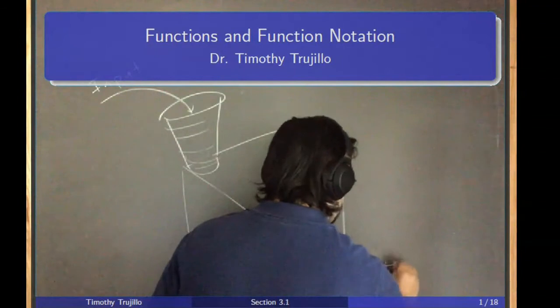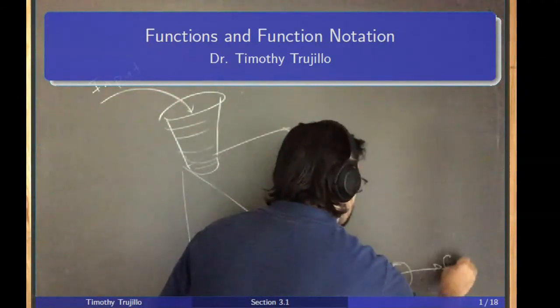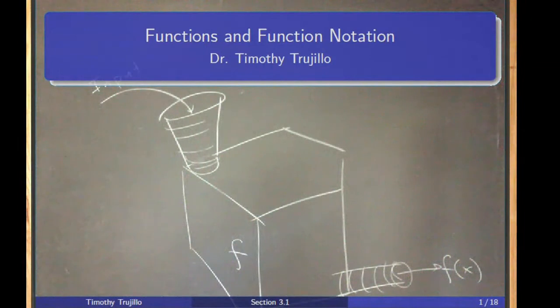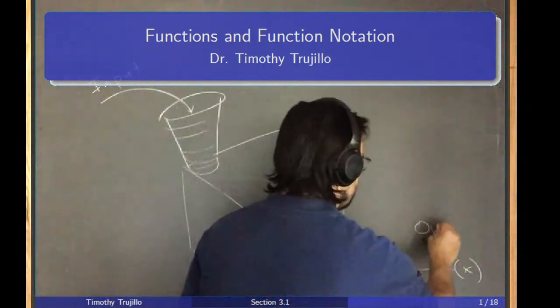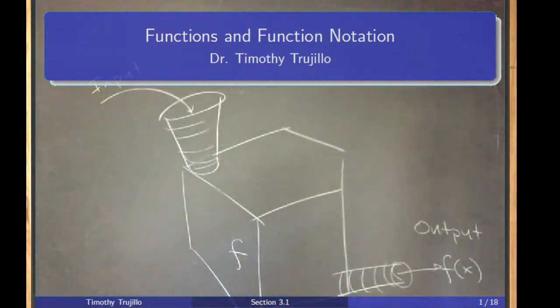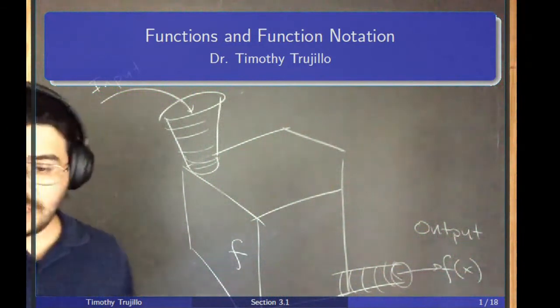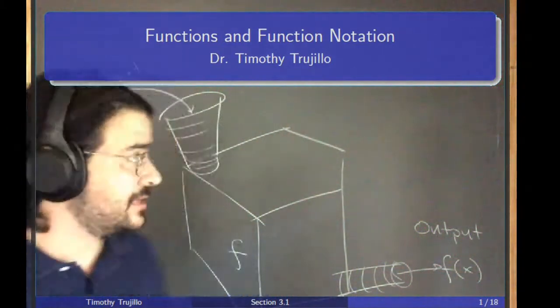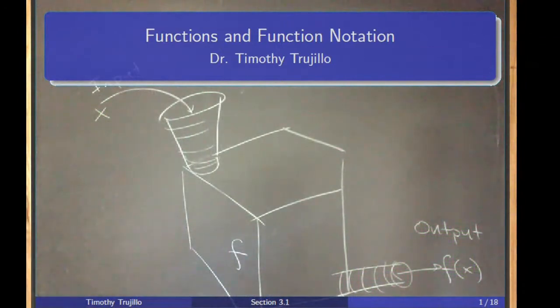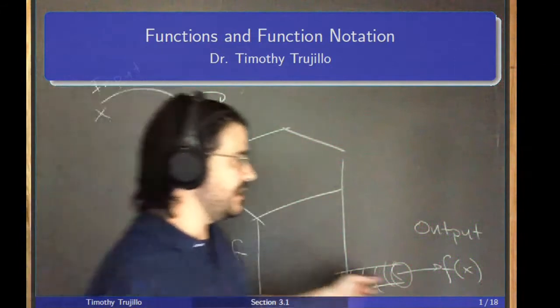So we get an output here, which we label in this form, f parentheses and then x. And we call that output f of x, right? So it's not f times x. A lot of people confuse f of x as f times x. It's not the same thing as f times x. In this case, it's the output f of x. And the input here is typically taken to be the x. Okay, so you throw this x into the machine, it runs through some process, and then it outputs the function